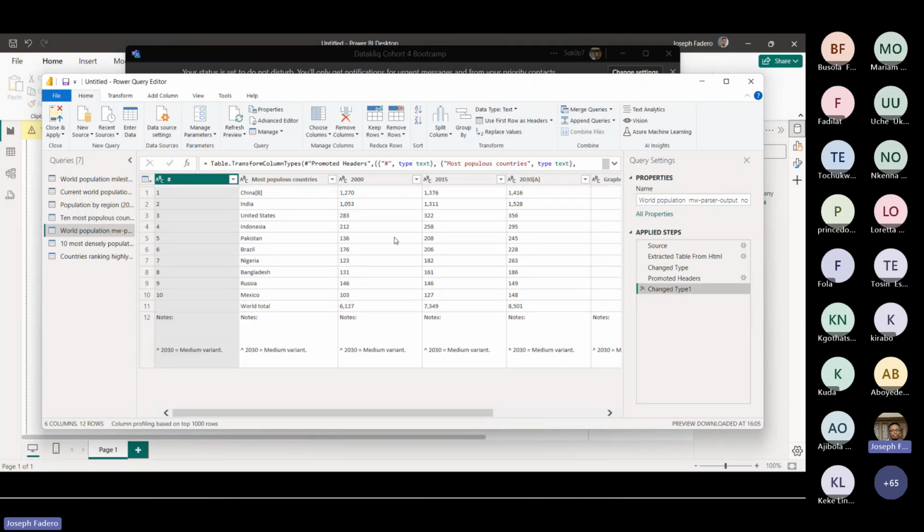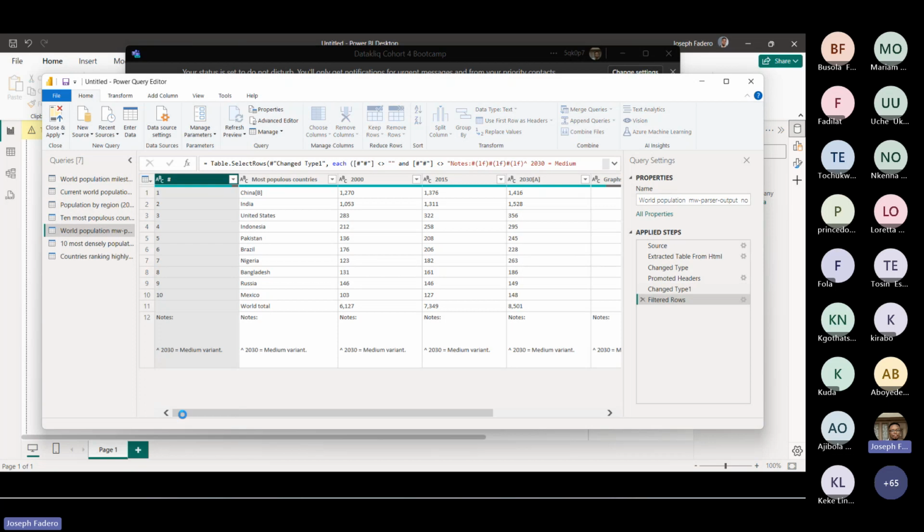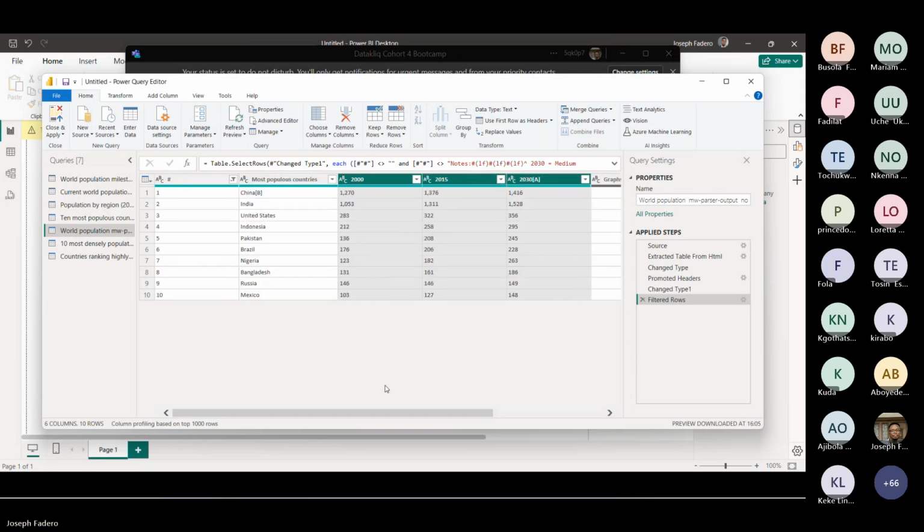Another way you can do it is to filter rows. For example, I can come here to filter rows. I know it's blank and this other row has a problem. When I do that, I also filter the results. Then the next thing is I can take these two steps and right click and unpivot columns, like you said, or I could have selected everything else and unpivoted other columns.